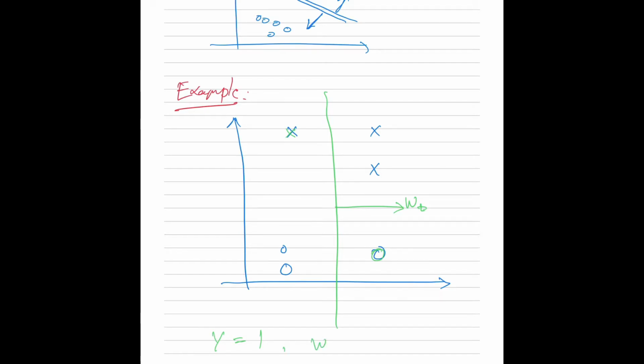And we have the condition w transpose x vector is greater than 0 for the crosses, and w transpose x vector is less than 0 for my circles. So that will be for crosses and that will be for circles. Now what we see is that I will start with the X, and this will be, let's say, my x vector. So now the label for this x vector is -1. That means I have to subtract from my w. So what will I do? I will subtract the x vector. So that will be minus x vector.